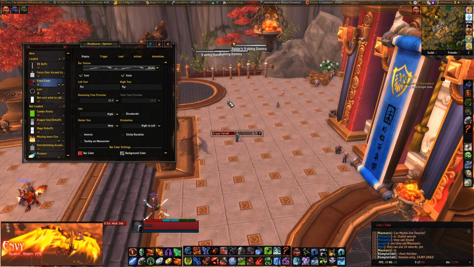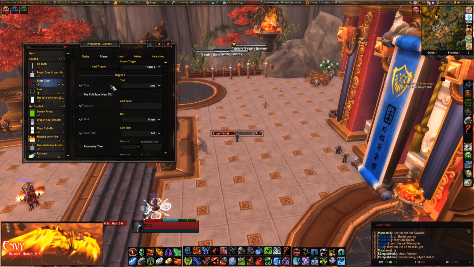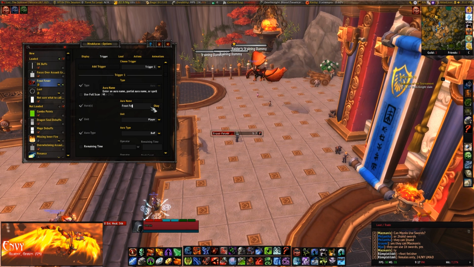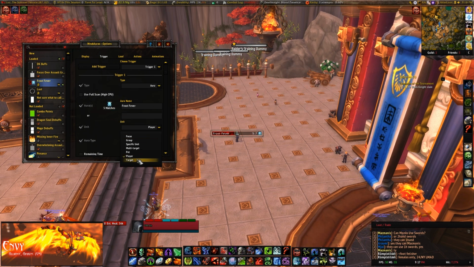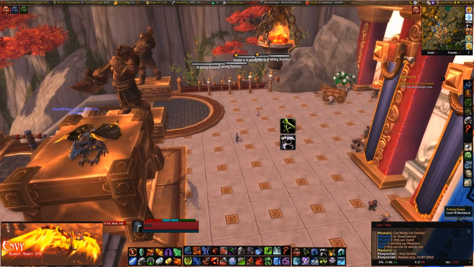So again, what I want to do is create a progress bar for Frost Fever. So I'm going to come over to my triggers. The aura name is the name of the debuff, which is Frost Fever. I'm not going to track it on myself. I want to track it on my target. And Frost Fever is not a buff. It is in fact a debuff. So with these simple options, now when I come up to my target,